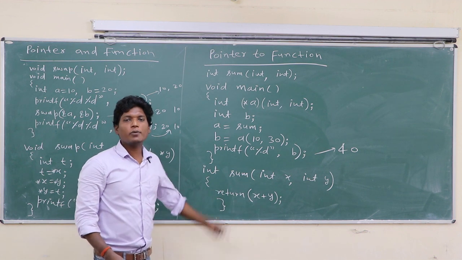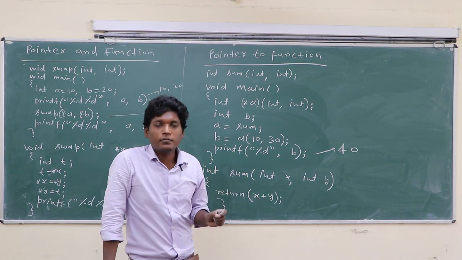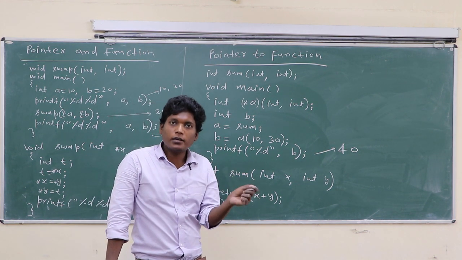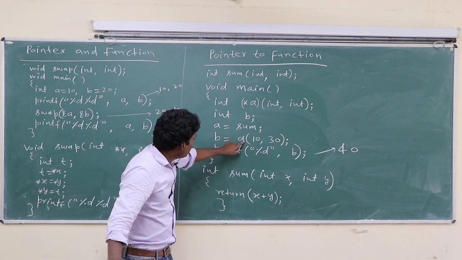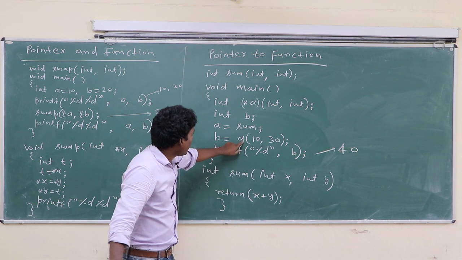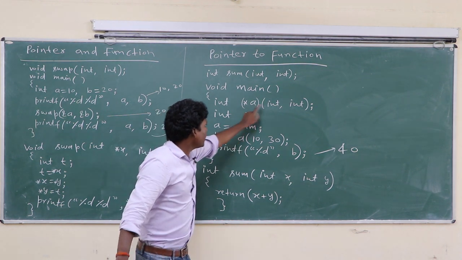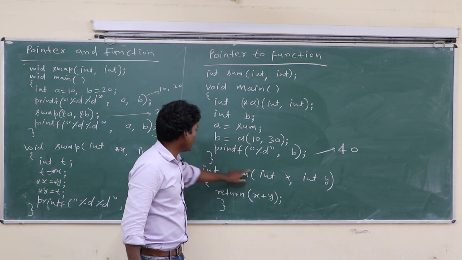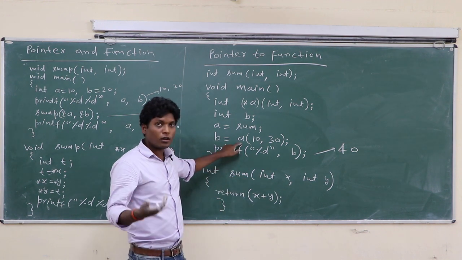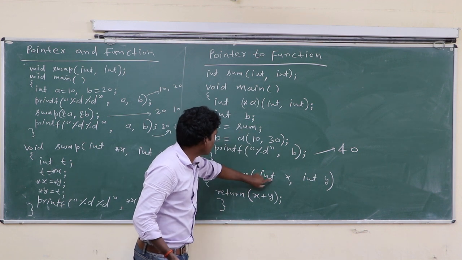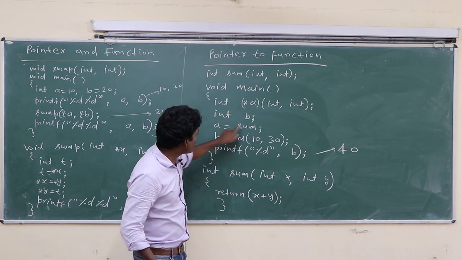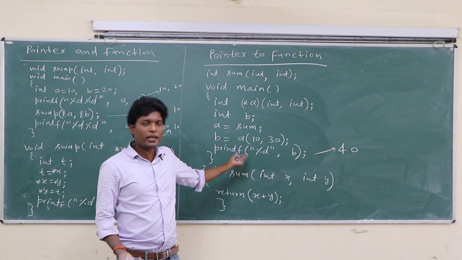So class, here you can see function sum is called by the pointer to function. Okay, here b does not write sum, here b writes a, and a is a pointer to function. By using pointer to function, b calls this function. b can call because this a is the same type as the function, and this a also has the address of this function, so b can call.